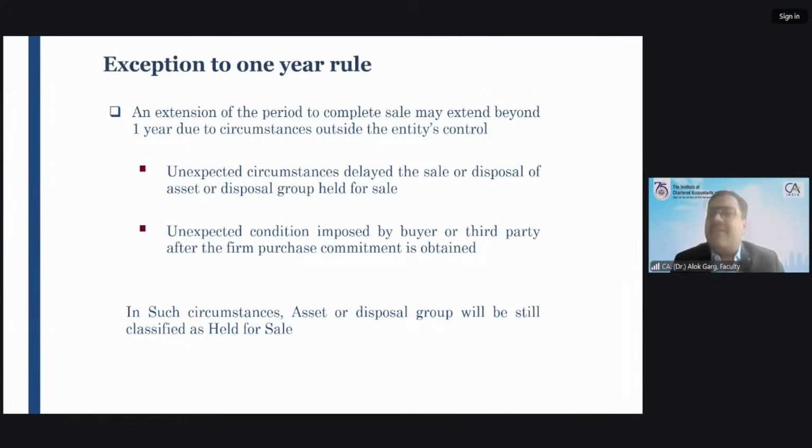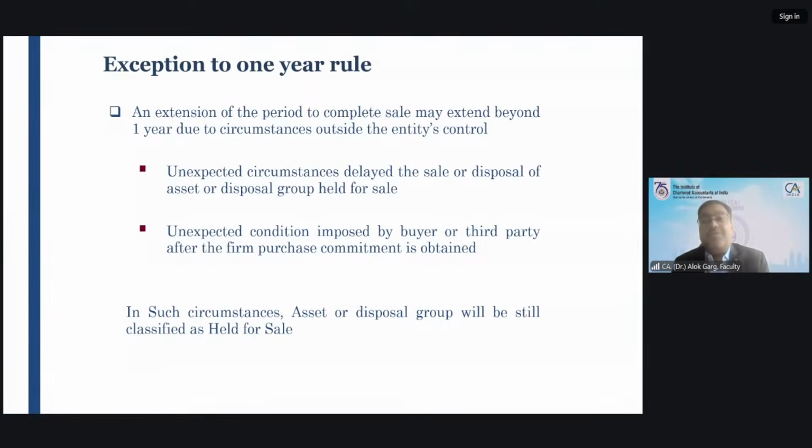So seller agreed, but seller told it will take around 1.5 years if I perform this exercise. Buyer said no problem. Friends, in this case, going by the substance, the buyer has already identified the non-binding agreement. The binding agreement has already been signed. It's only a matter of time. So don't you think we should continue to show this as a non-current asset held for sale?